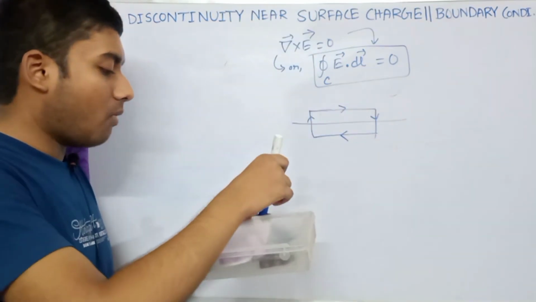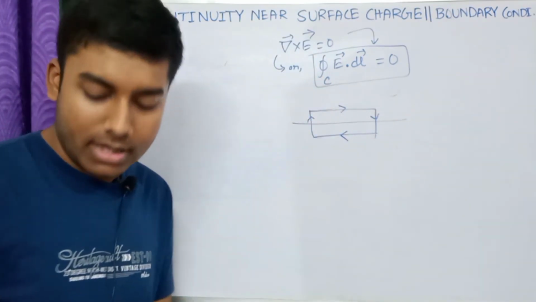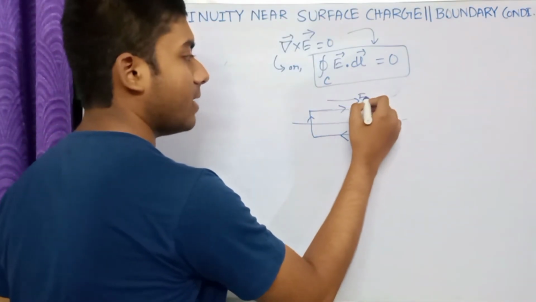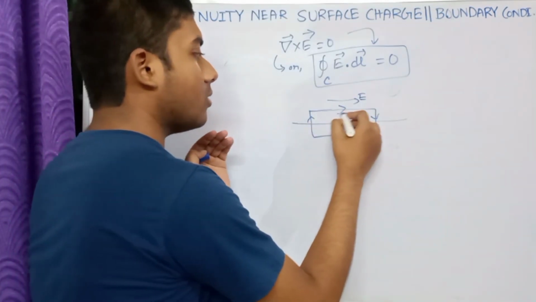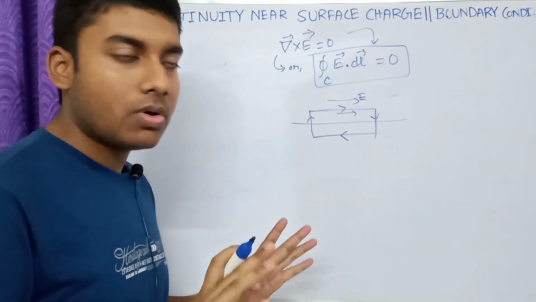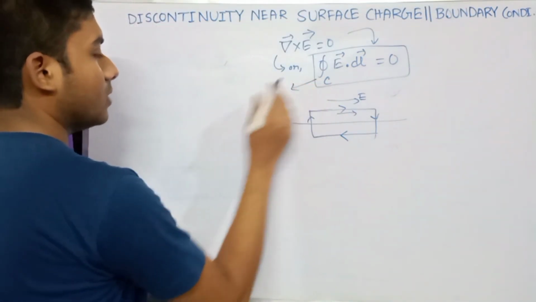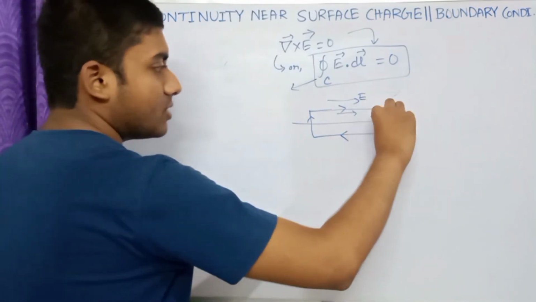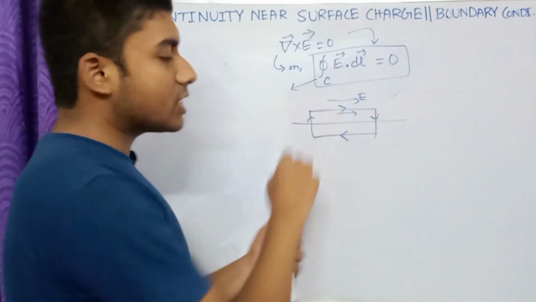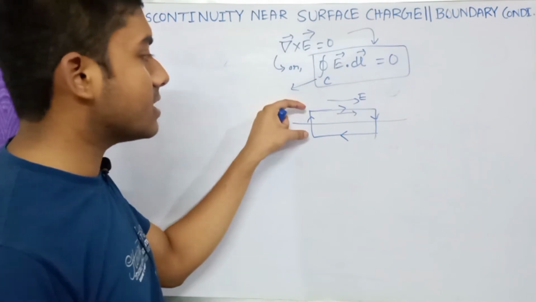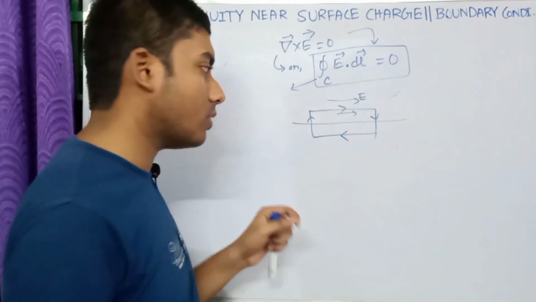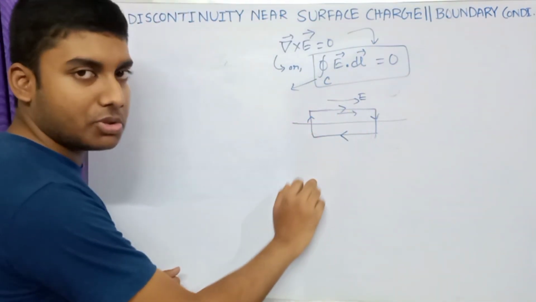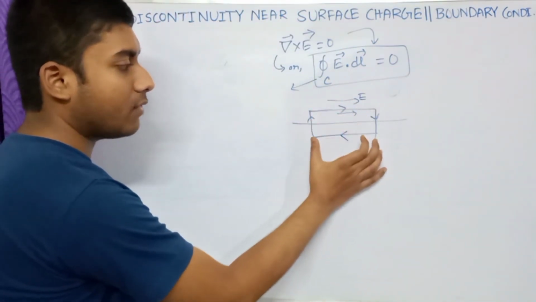Okay, so now what happens, as we are considering the tangential component of the electric field, the electric field is directed in this way and the dl element is always in this way, so there is no problem. So we start calculating. E dot dl over the closed curve. Now as we are considering this width to be very small, this contribution will be negligible. So we have only the two contributions, for the upper length and for the lower length.